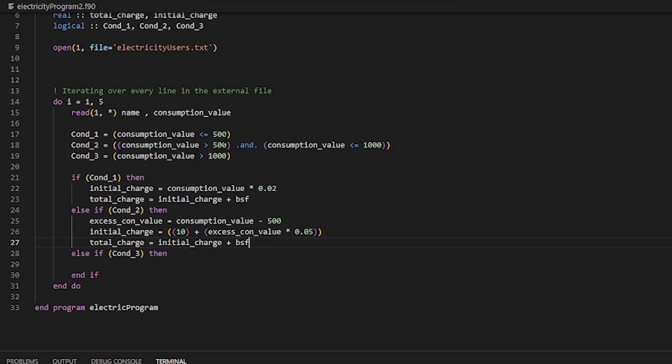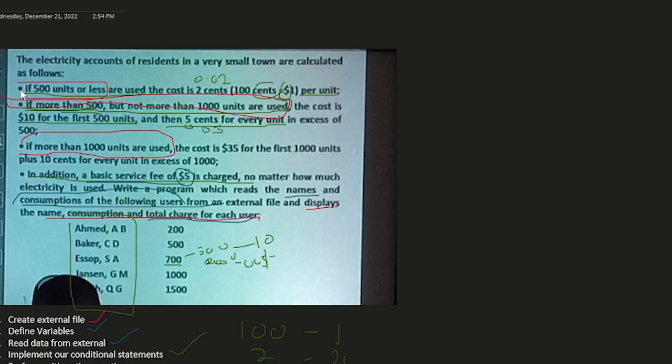So moving on to condition 3, which states that the consumption value is greater than 1000. If more than 1000 units are used, the cost is $35 for the first 1000 units plus 10 cents for every unit in excess of 1000. It is something similar to what happened in the first condition. It is saying that if the person used more than 1000 units, like this last person, it's going to separate it into 1000